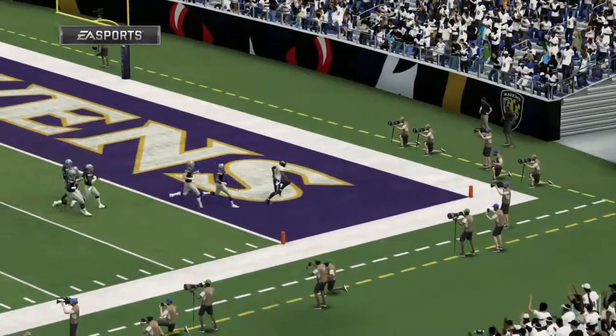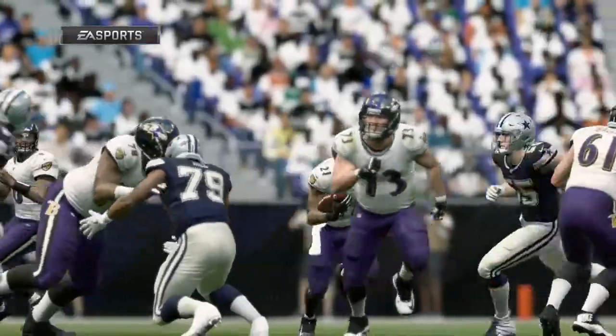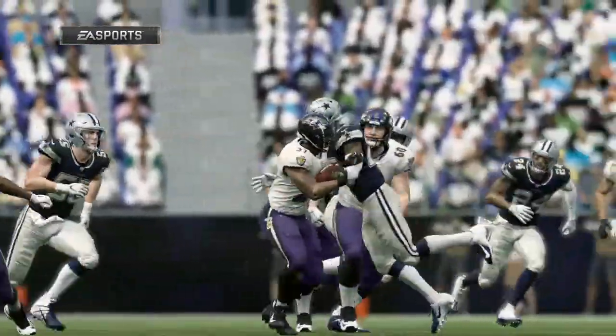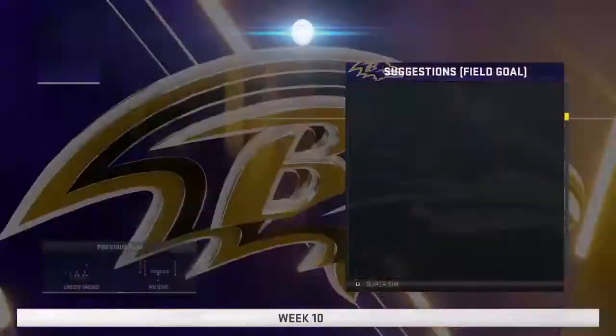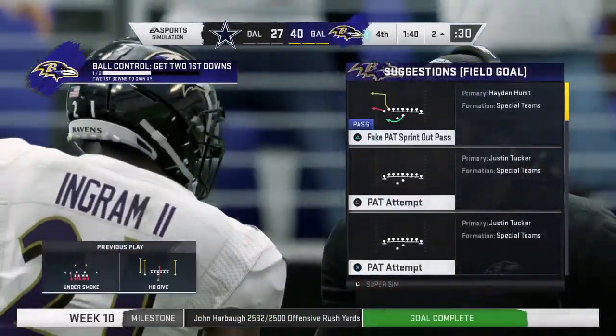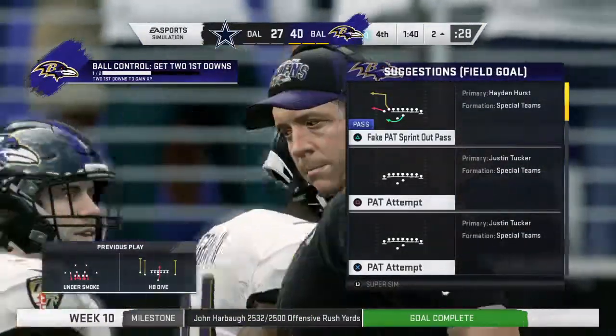So what was already a game to remember becomes even more so as that touchdown run, a lengthy one, takes him over 200 yards now for the game. And I love the fact that to get over 200, it took a pretty good sprint, didn't it? I mean, a lot of times you get 1 or 2